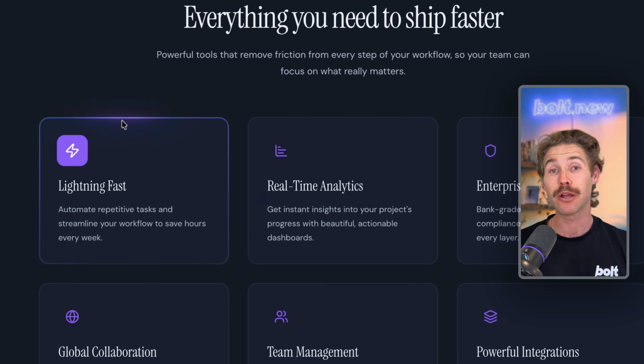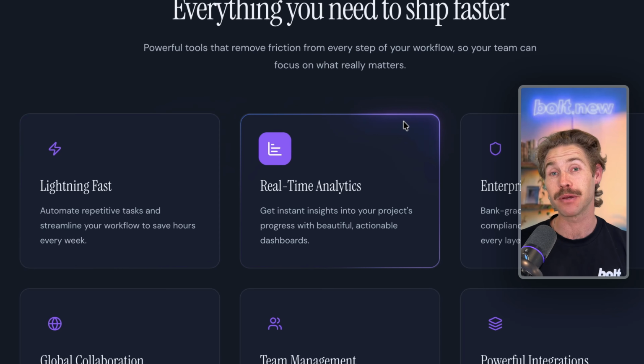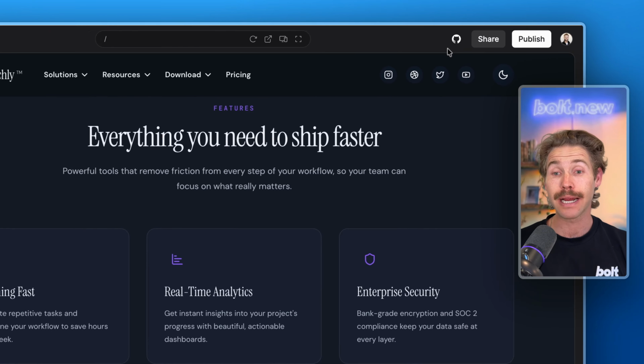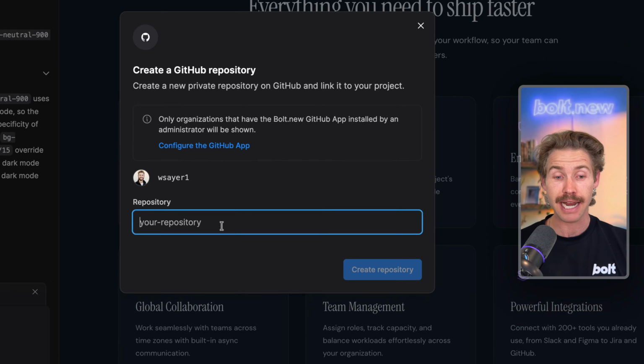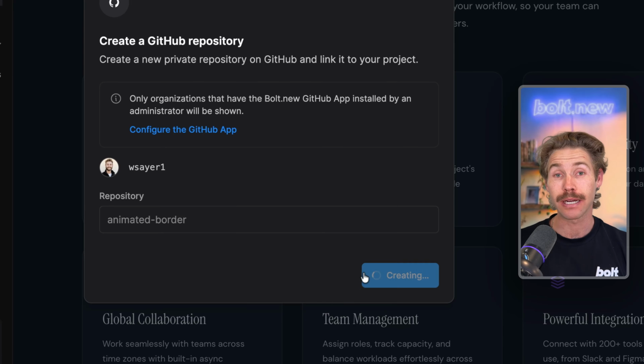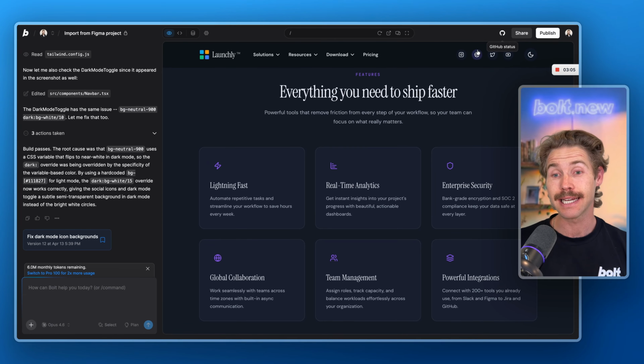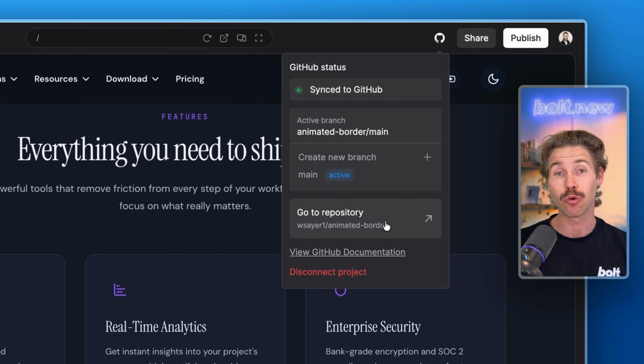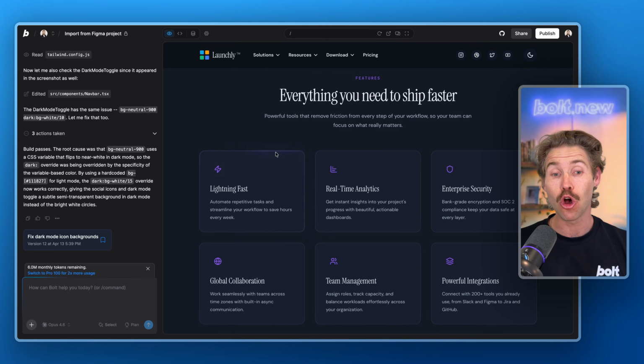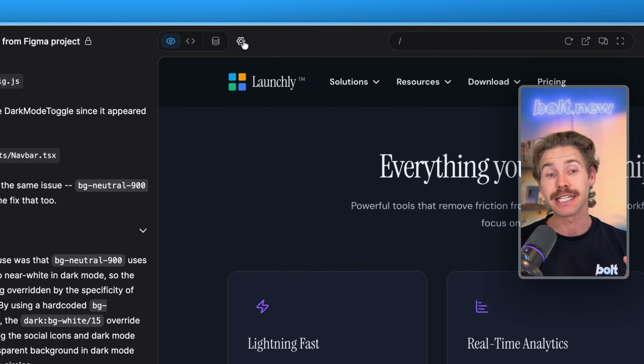For this example, we're going to duplicate these components here with this animated border. So let's create a new GitHub repo, give it a name, animated border, and create repository. To view this in GitHub, simply click Go to Repository. Now that this project, along with these components, have been saved to their own GitHub repo,